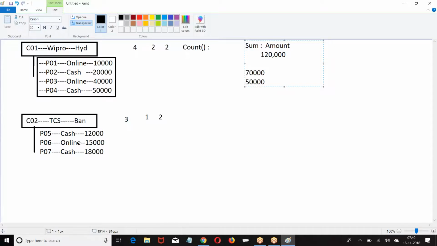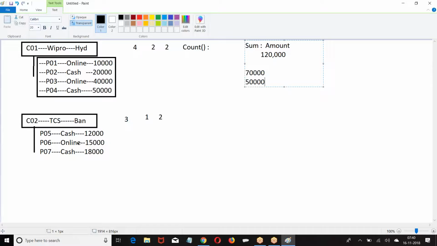When I say sum of the records, do you want to take a sum of all the child records, or only those child records which are meeting your condition, which are participating in the relation? It depends upon what they are going to give you.